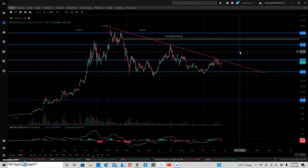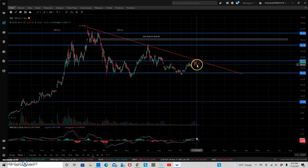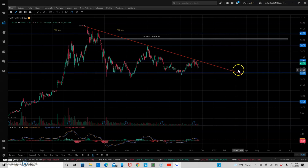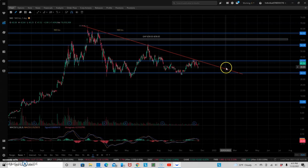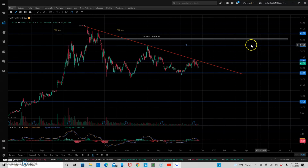Okay, we're seeing these lower highs and these lower lows going into this $34.50 support, and we are definitely in a descending triangle. Okay, so the stock has three options. It's going to either consolidate more in this descending triangle, and we have up until March of 2022, so it does have some time to still consolidate, or it is going to break out to the upside, probably going to head towards this